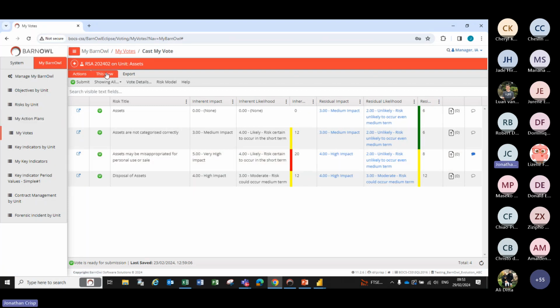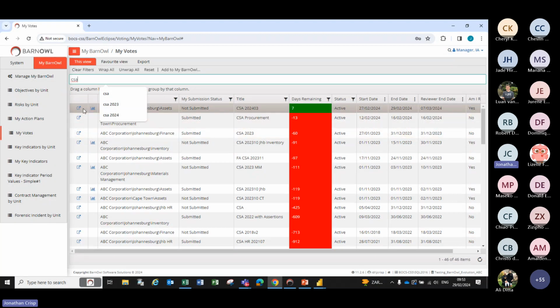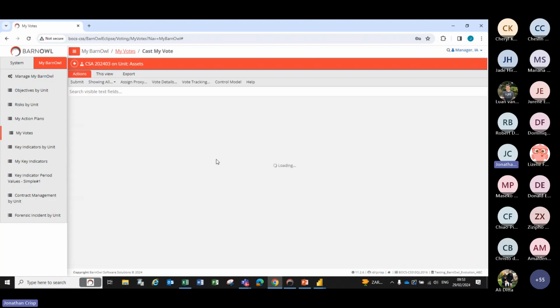Okay, so what I've covered so far is I've shown you the web interface for surveys, for questionnaires, for control self-assessments, and for risk self-assessments. One thing I didn't show you, if I go back to a CSA, is my quick way of getting to my CSAs,